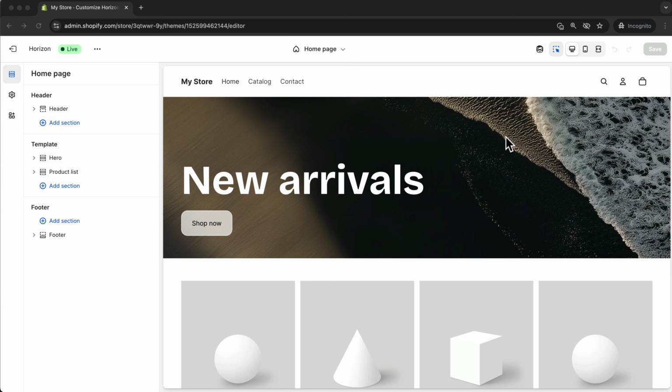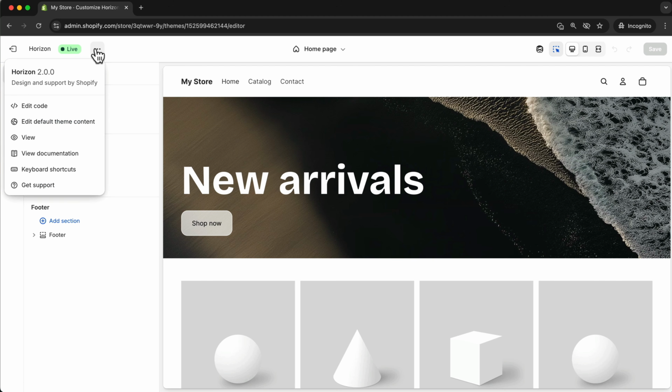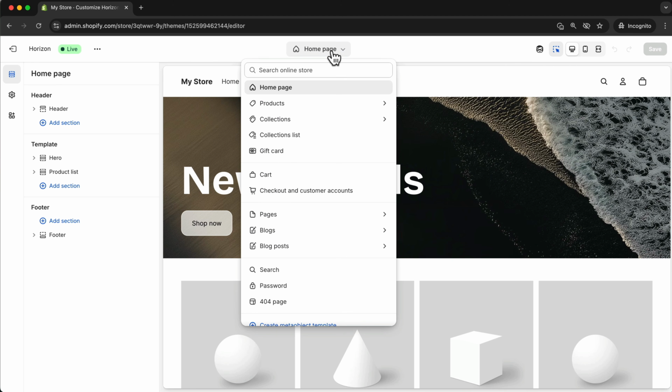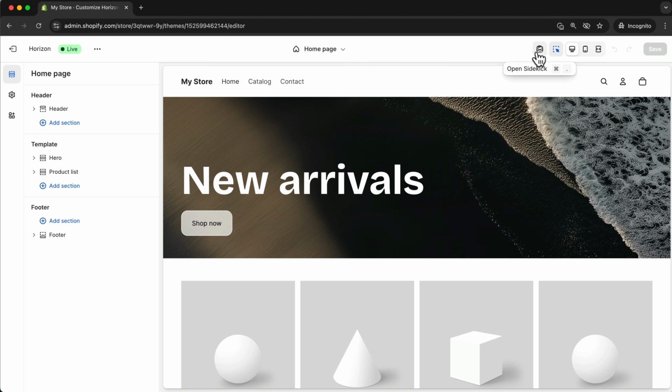This is the front end of your Shopify store. To access the back end, you can click on this here to exit, and that goes back to the Shopify dashboard area. You can also click on the 3 dots to click on View to preview the website. And on the top here, you can also select the different pages that you want to edit, as well as you got access to Sidekick, and you've also got the mobile responsive settings, so you can check how it looks